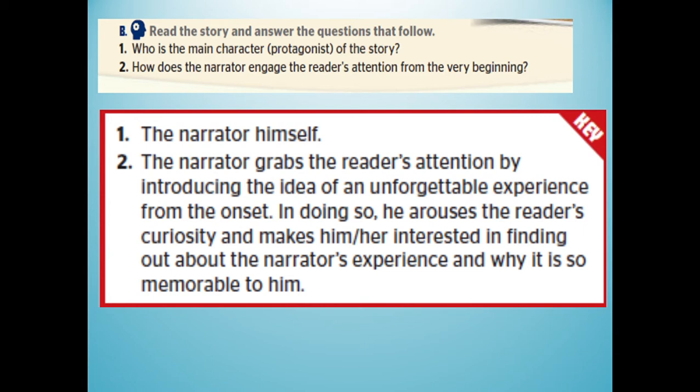The narrator grabs the reader's attention by introducing the idea of an unforgettable experience from the past. In doing so, he arouses the reader's curiosity and makes her interested in finding out about the narrator's experience and why it is so memorable to him. So all of these words mean that he uses the first person narration